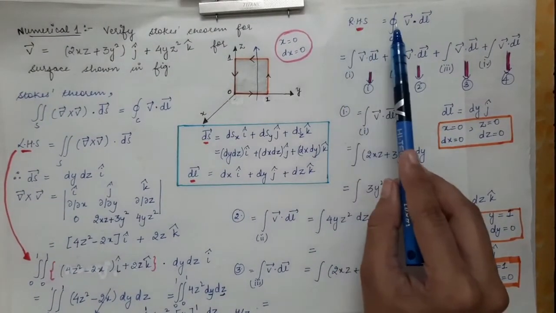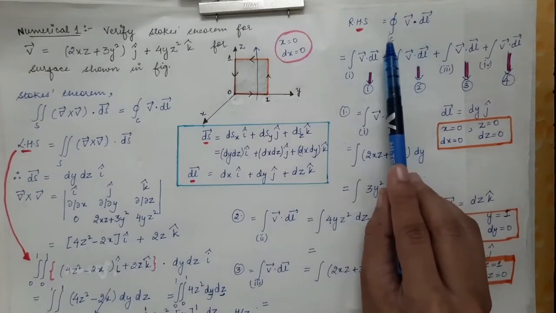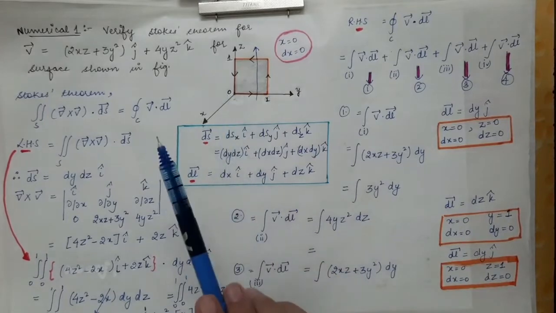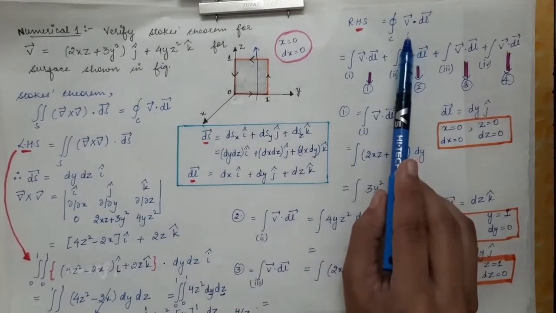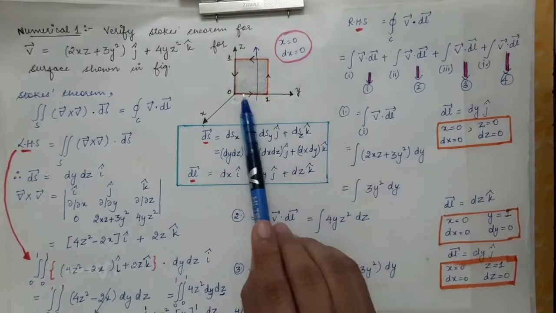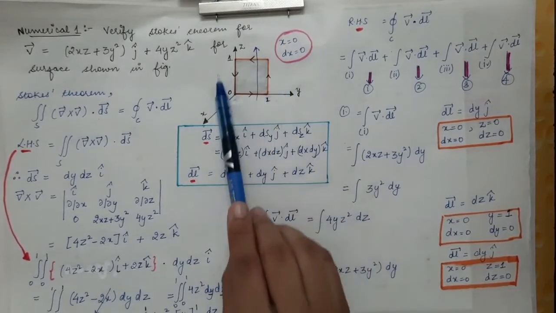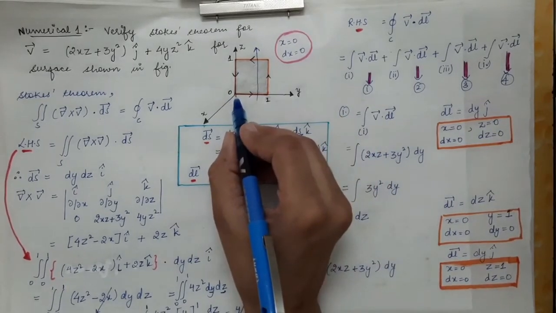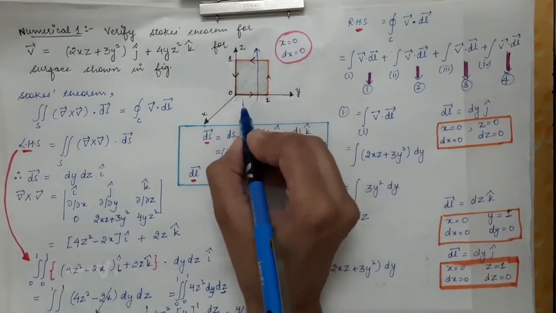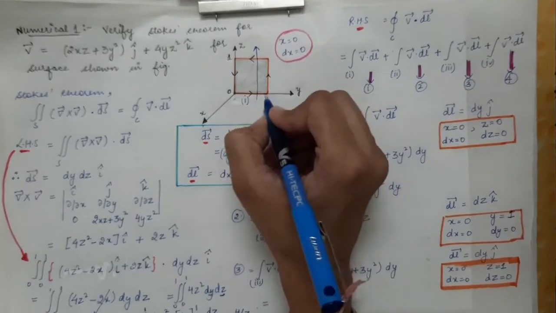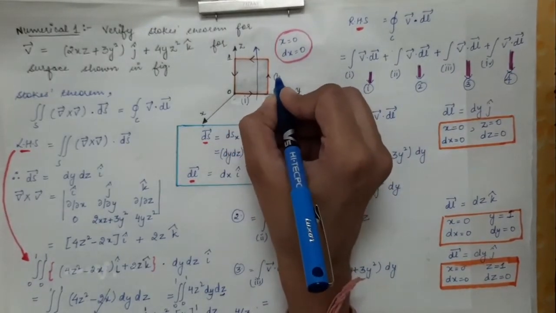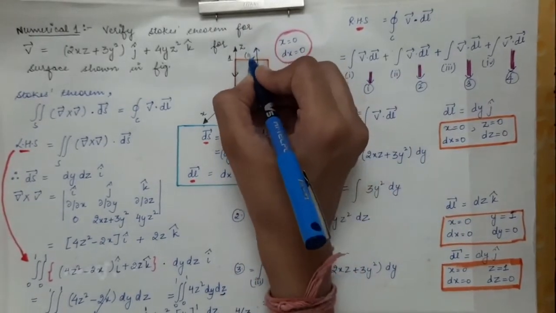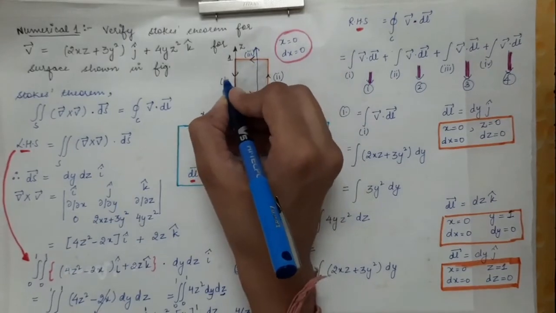Now on the right hand side we have the line integral of the vector on the closed contour which is shown over here. First of all, to find the line integral over the boundary, we will divide this closed line integral into open line integrals. So let's say first of all we will do integration from 0 to 1 over this path. This is the first path. Then we will go from this point to this point, so that is the second path, and then this is the third path, and this is the fourth path.